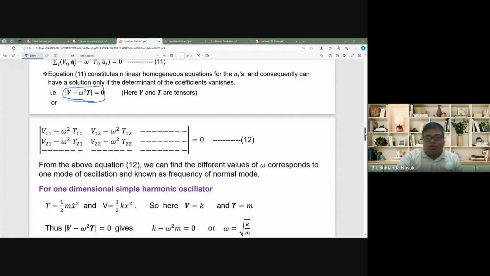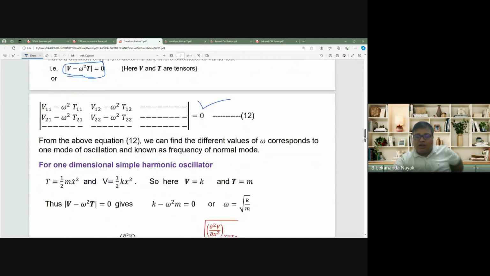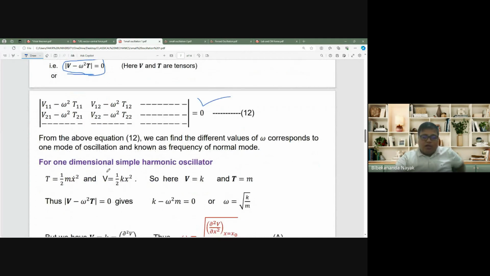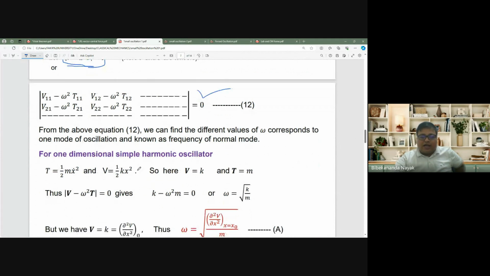Okay, a root of this equation is your angular frequency. Generally the question asks for a one-dimensional problem, so let's say a one-dimensional simple harmonic oscillator. In simple harmonic motion, kinetic energy is half m x dot squared, and potential energy is half k x squared. That means comparing these two equations,